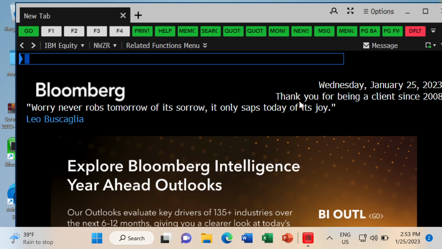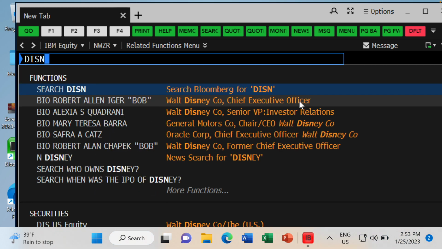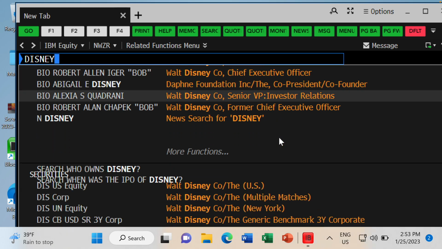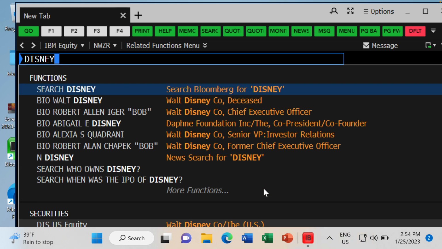Give me any publicly traded company anywhere in the world. Disney. Okay. So the way it works is this top line is kind of like a Google search bar. If you don't know the company, you can start typing information in and Bloomberg will help you find it. But I'm going to start typing in Disney. Now at the top of the screen, it's kind of like general search results. In the middle of the screen, it's the actual securities.